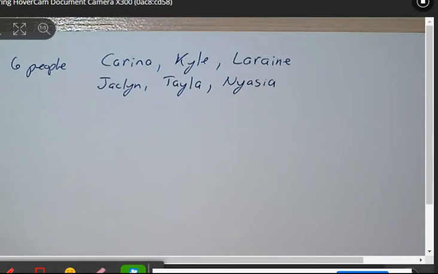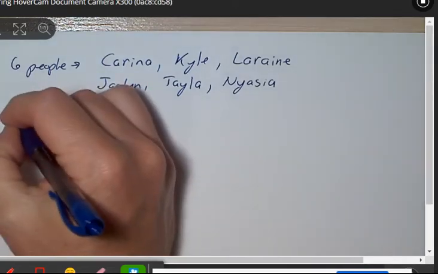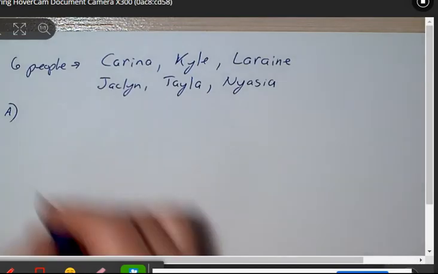Okay, and it gives some different things here. Basically, these are 6 people that are college students. They all live in the dorm in a suite together. They have to go pick up pizza. It says nobody wants to go, so they put names in a hat and they draw the names out of the hat. And it says for part A, what's the probability, or what's the